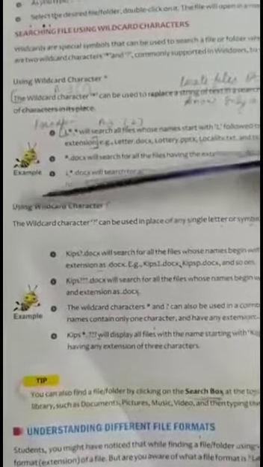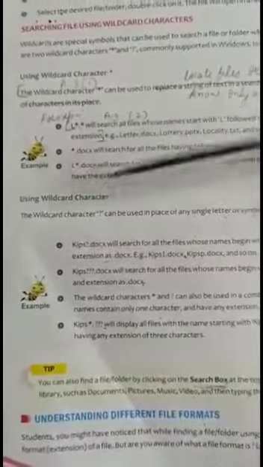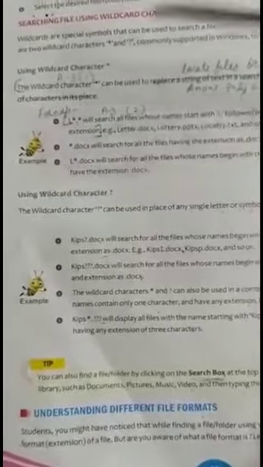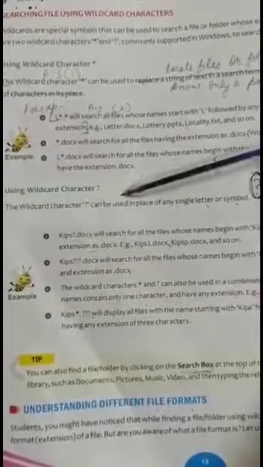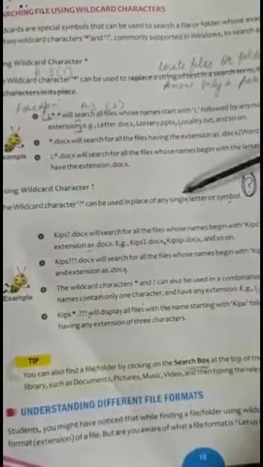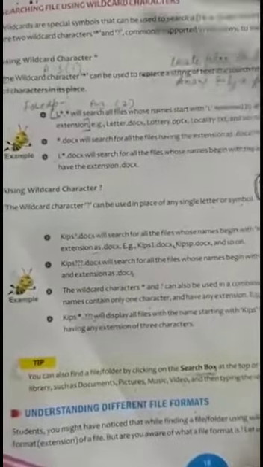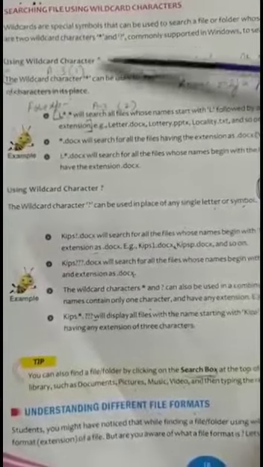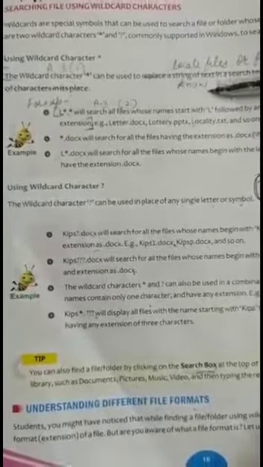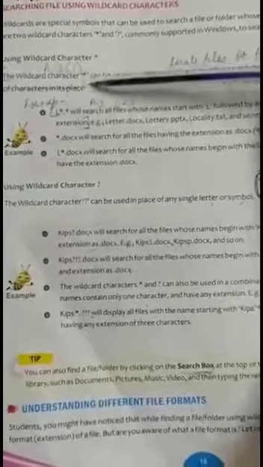Now second one, using wildcard character question mark. The wildcard character question mark can be used in place of any single letter or symbol. In asterisk, it will be replaced with a string of text where this symbol is written.